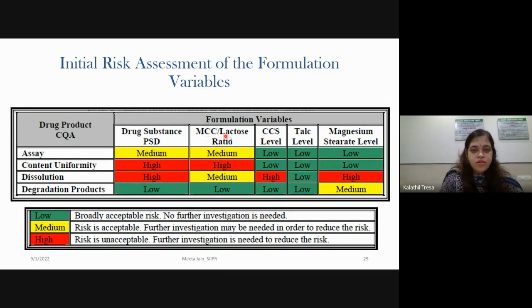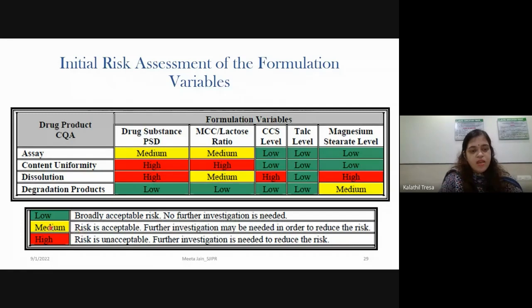Similarly, for the microcrystalline cellulose to lactose ratio, and for the croscarmellose sodium level. So this is a disintegrant, so it will have a high impact on dissolution, whereas it might not have much severe impact on assay, content uniformity, and degradation products. So those are termed as low risk. So you can see here, low risk means broadly acceptable risk, no further investigation is needed, whereas medium risk is acceptable, further investigation may be needed in order to reduce the risk, but the risk is acceptable.